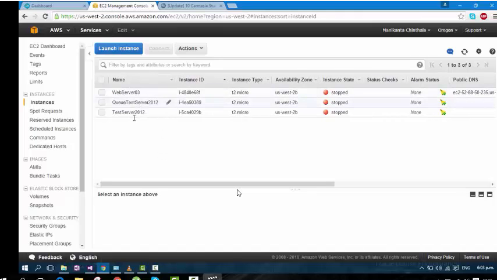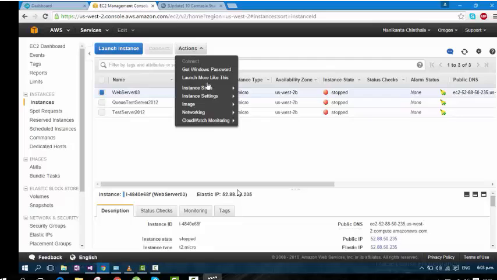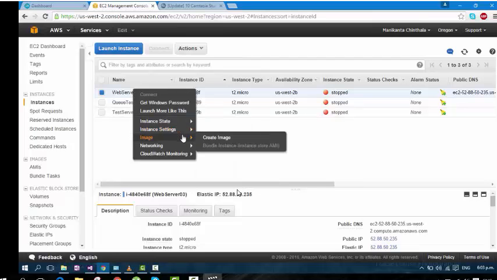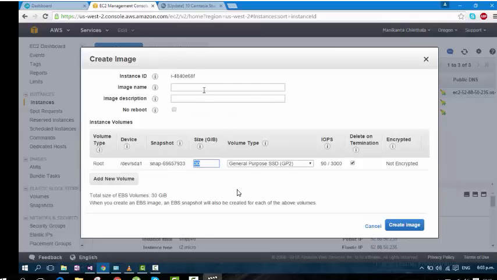You can see here 3 servers: web server, Qtest server and test server 2012. Now we can create one more server. Just click web server 03, go to the Action tab and click Image, Create Image, or you can directly go to web server and come to Image, Create Image, and write the image name like